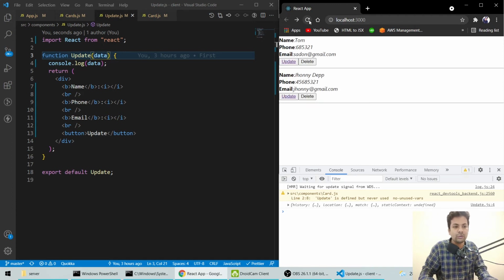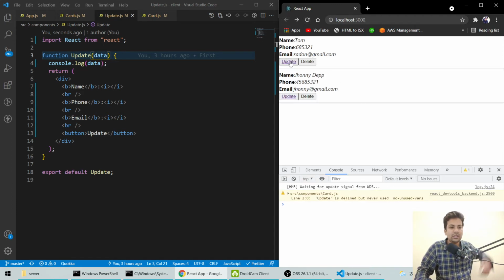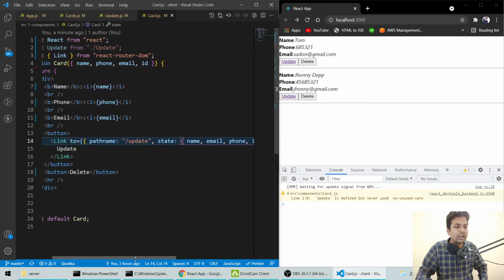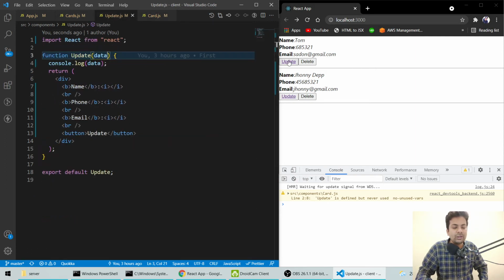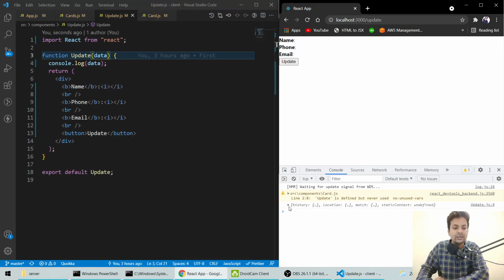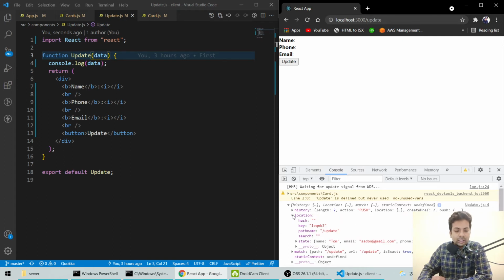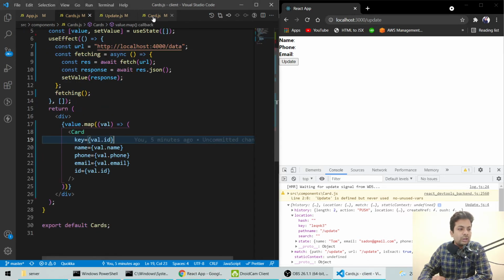Well, let me just show you again. We're on the main page, we clicked update, and here we are sending to the path update state. This is the data you have to send. On the update page we'll click update, we'll get this data, and inside this we get the location. Inside location we got a thing called state, because we are sending through state only.